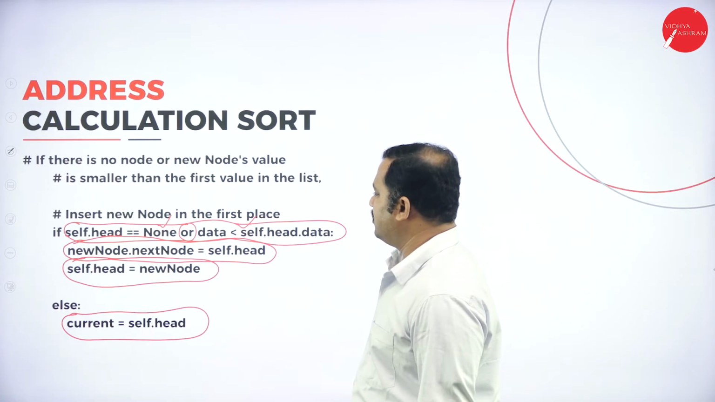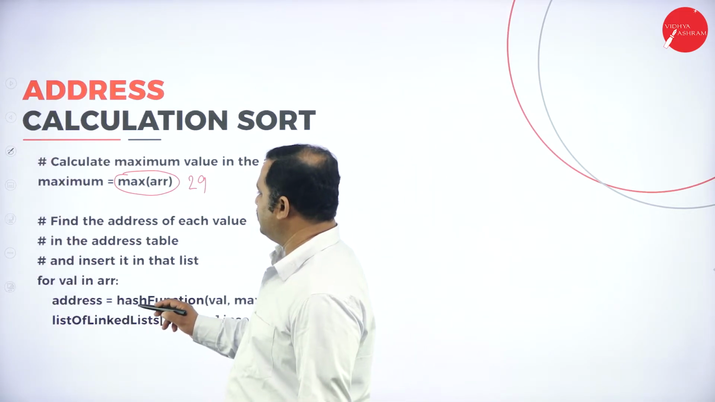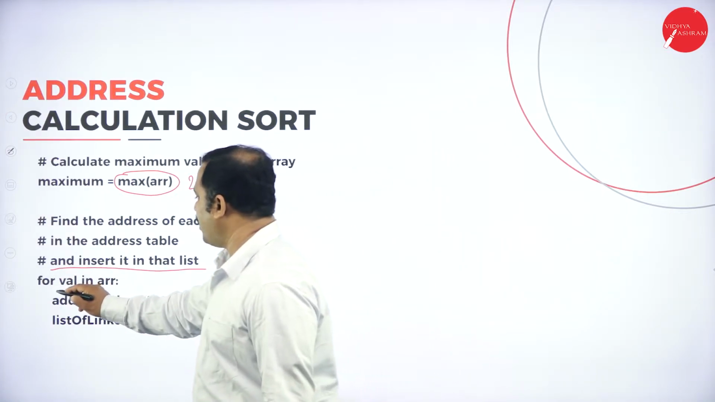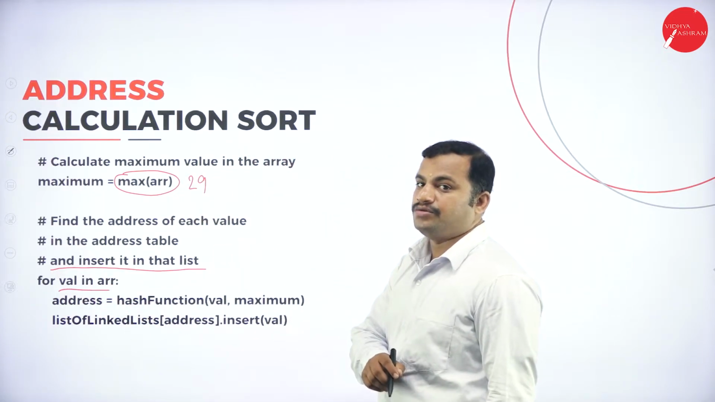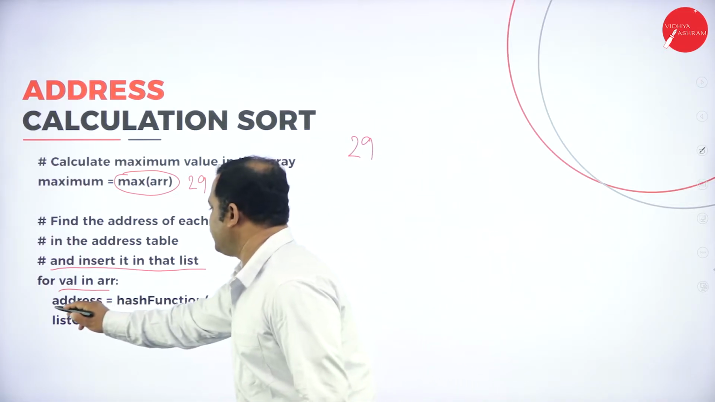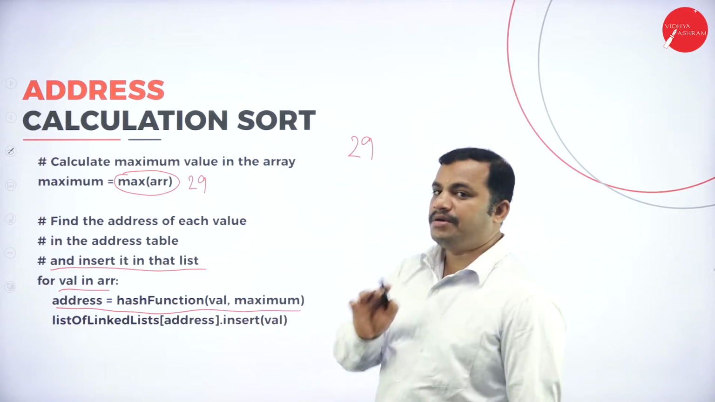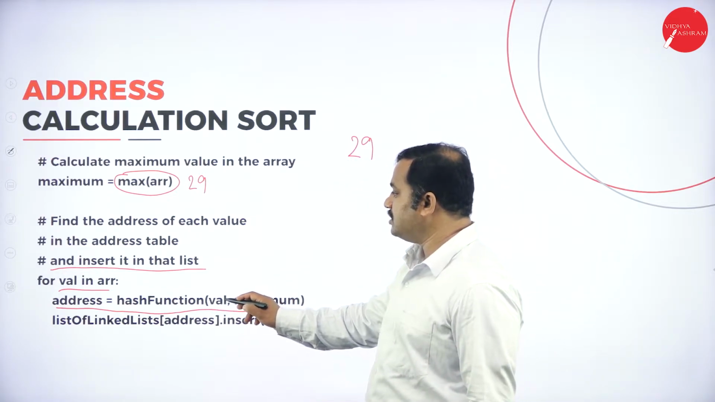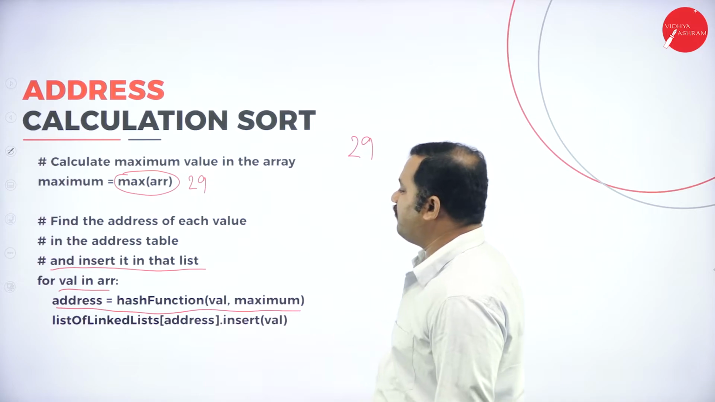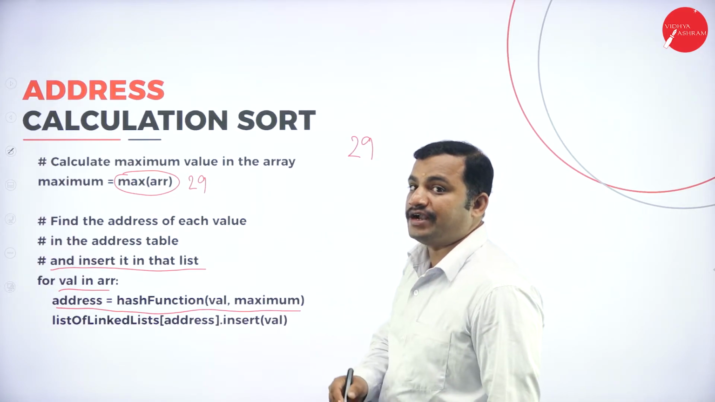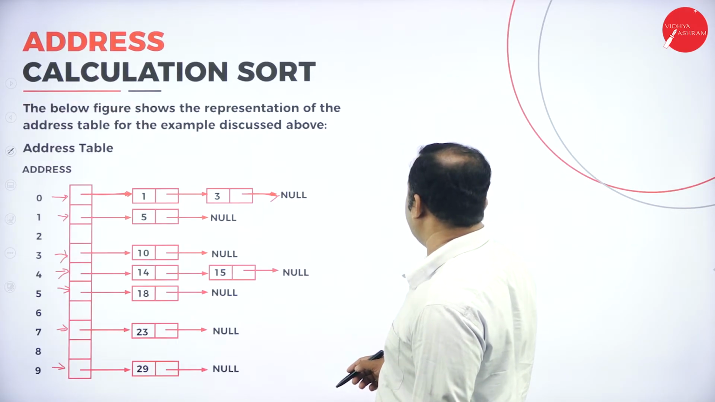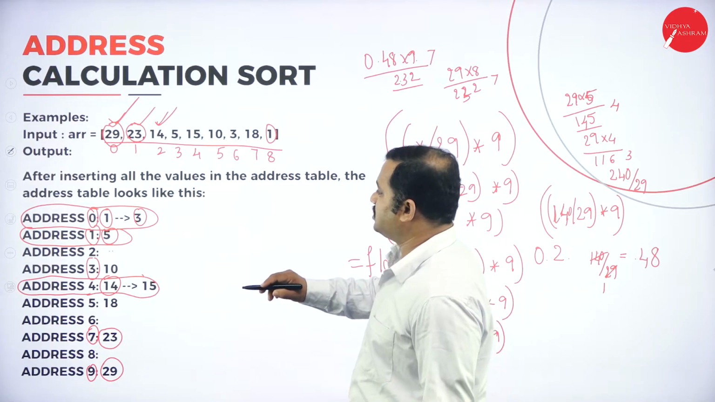So if that is the case, we take the items and insert them into that list. For value in the array, for example, the first value I have is 29. For value in the array, address equals hash function of value comma maximum. What is the value I am using here? For value in array 29, 29 is the value, and what is the maximum value? I have to find the hash of that. I can find the hash using the formula, as I have already discussed with you, that is this formula,